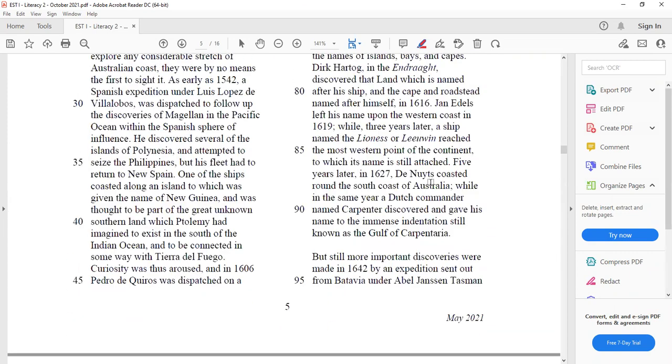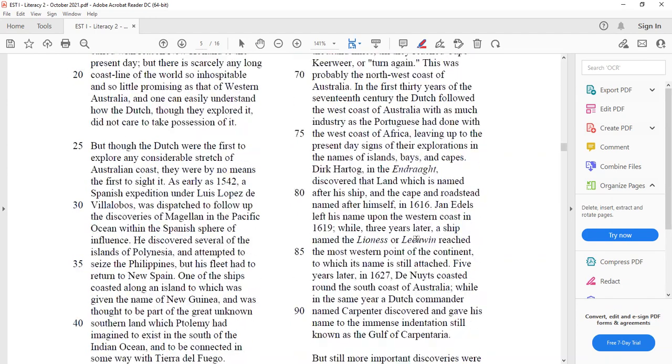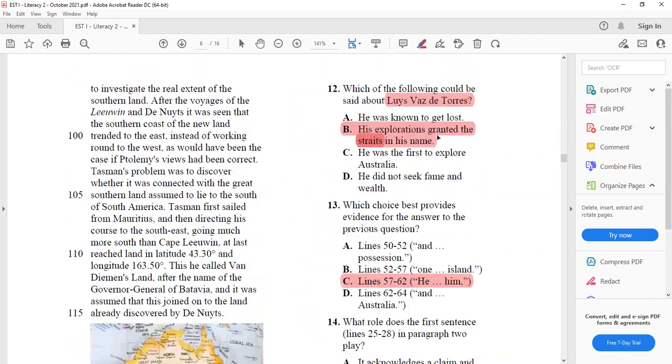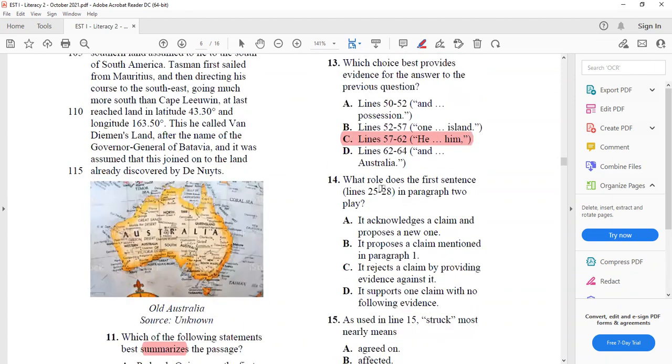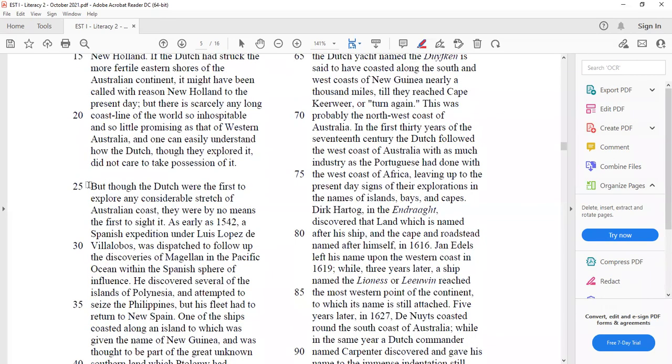So now I'm gonna unhighlight. I'm gonna just carry the highlighted from the other one. So I'm gonna from here and this one. Okay, mister. Let's go to question 14. As I told you, it's an easy one, direct question. What role does the first sentence, lines 25 to 28 in paragraph 2 play? So let's go to sentences 25 to 28. Look, I didn't highlight it before. So from but